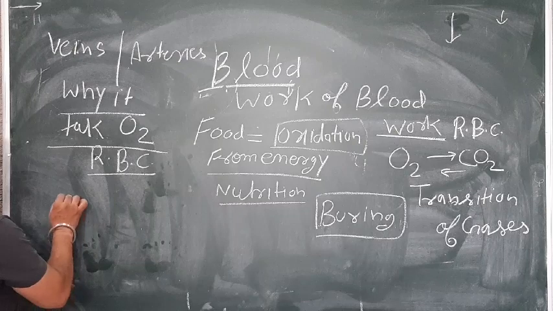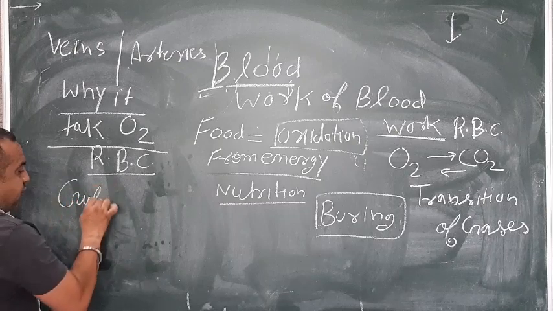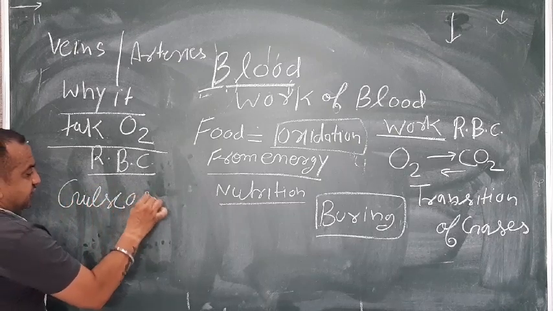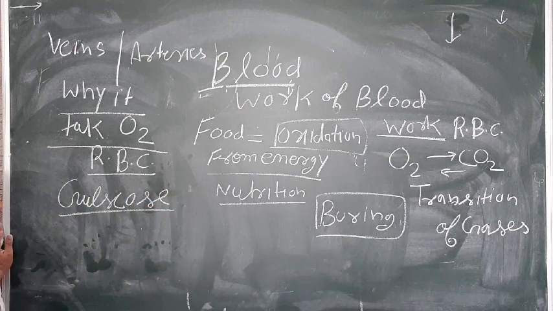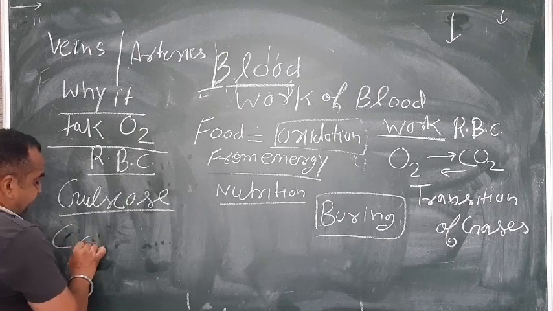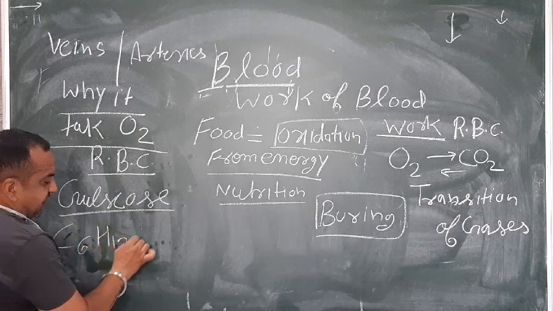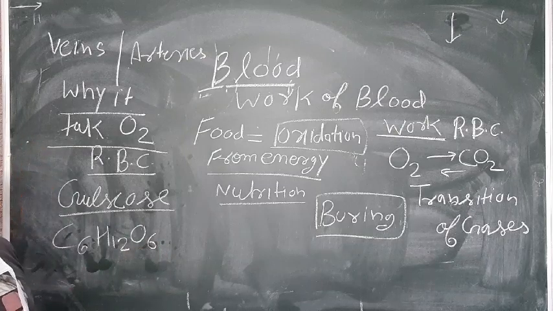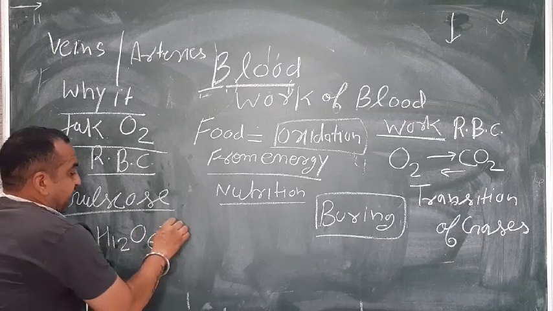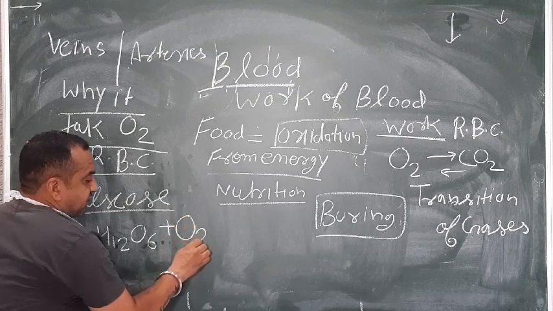Oxidation. We take food. The main ingredient in our food is known as glucose. Glucose has the formula C6H12O6. Food has a main ingredient of glucose, and the glucose formula is C6H12O6. When we take in oxygen,